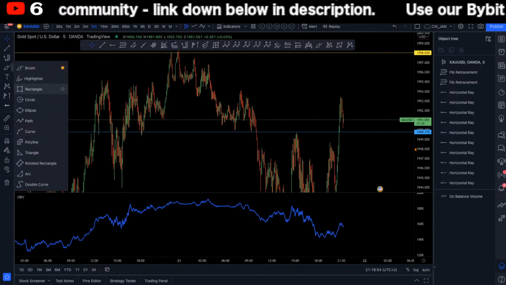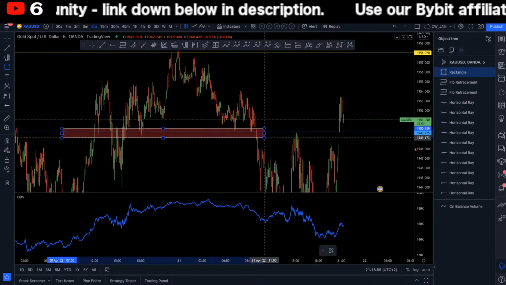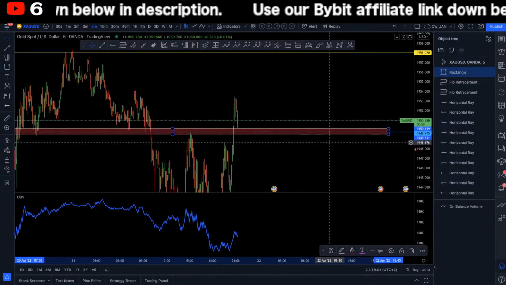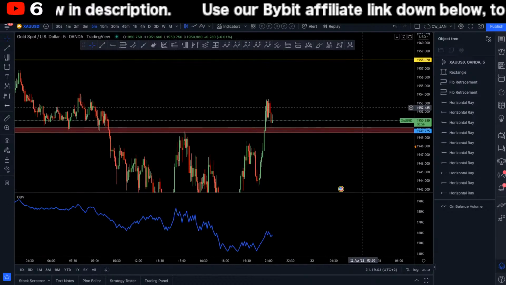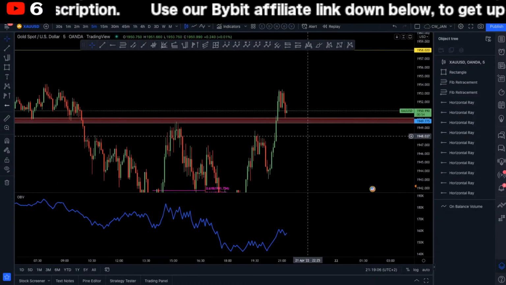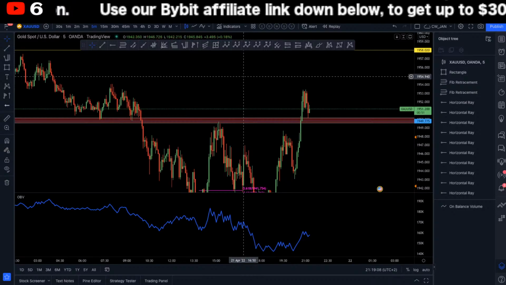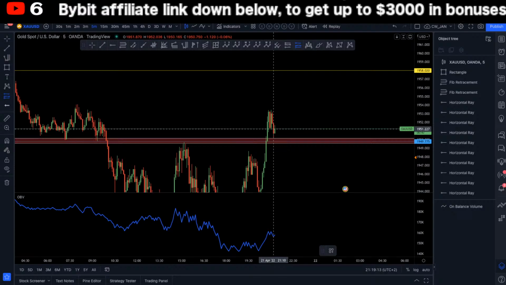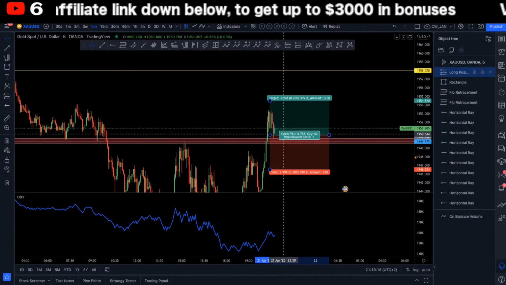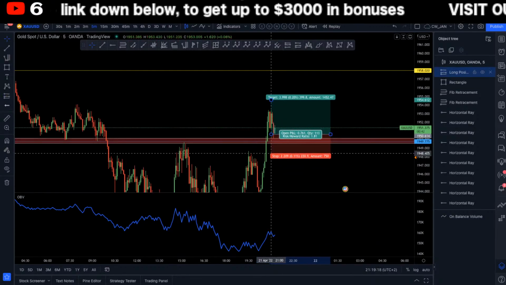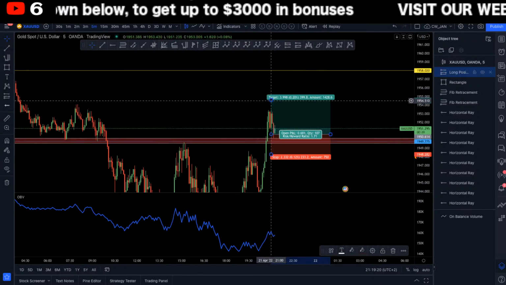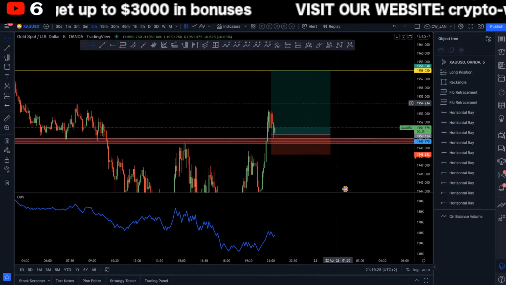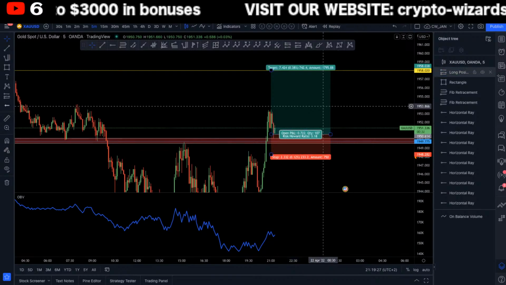Let me use this rectangle. This was acting as a support and resistance area through the day, right? So price was bouncing, price was getting rejected from the level. My idea on this trade is something like this: taking a position somewhere over here. I'm not in yet. Stop loss 1948, simply below this, and targeting this weekly above, right there. This gives me 3.80 in risk and reward, so it seems worth taking.